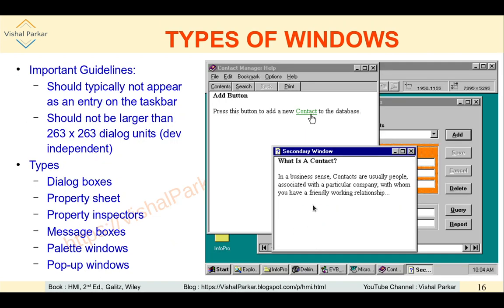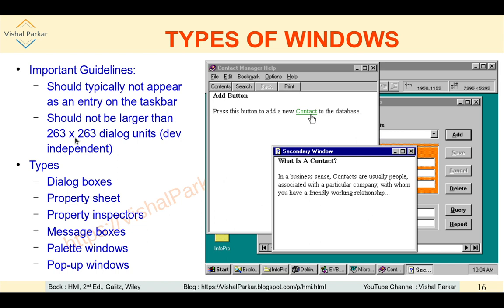So, there are some important guidelines regarding secondary windows. They should typically not appear as an entry on the taskbar. As you can see, whenever a secondary window is open, there is no such entry on the taskbar for the secondary window. The entries are only there for the primary windows. And it should not be larger than 263 by 263 dialog units. Dialog units are not pixels or points, etc. They are the device independent units which are defined by Microsoft Windows.